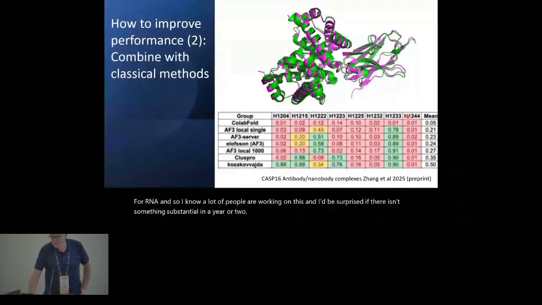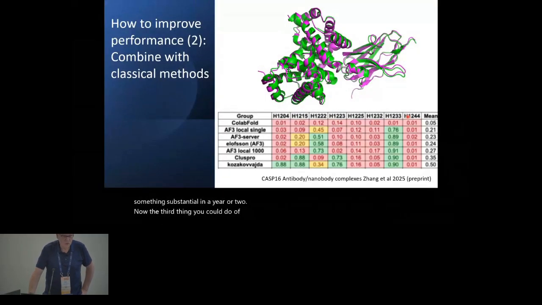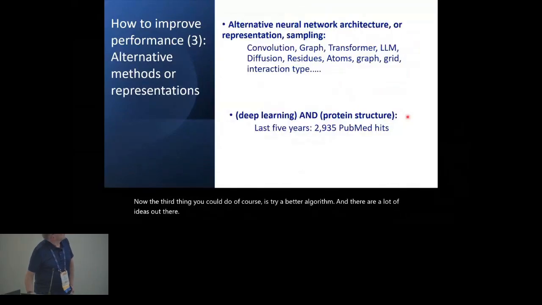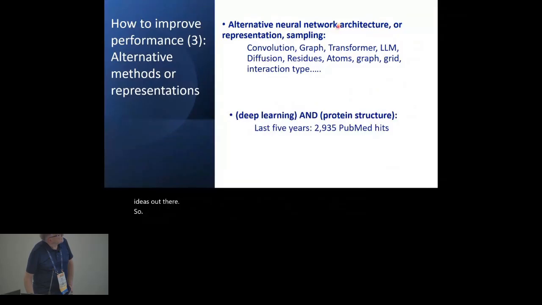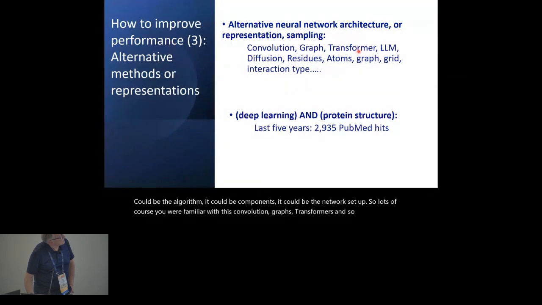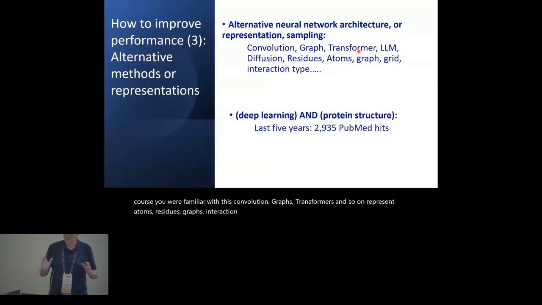Now, the third thing you could do, of course, is try a better algorithm. And there are a lot of ideas out there. Could be the algorithm, it could be components, it could be the network setup. So lots, of course, you're familiar with this, convolution, graphs, transformers, and so on, represent atoms, residues, graphs, interaction types. All of these possibilities are being explored if you go to the literature. And so all you've got to do is read the literature, get a good idea, and apply it, and win